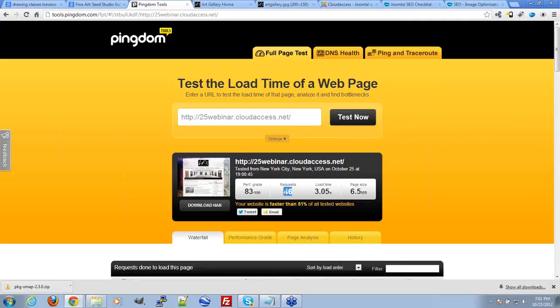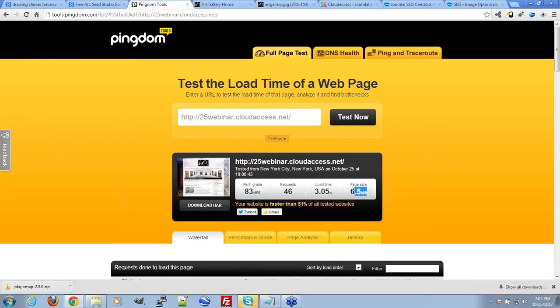Requests. These are HTTP requests. It's how many times my browser has to go out to the web server and grab information for my site. Essentially, every time I load, let's say, a new image or CSS file, that's going to be a new request for that image or CSS file or whatever it may be. 46 is pretty good. You want to keep probably below 60 or so. I'm probably going to get people yelling at me for even saying that. But a load time of 3.5 seconds is slow comparatively. Not terribly slow, but